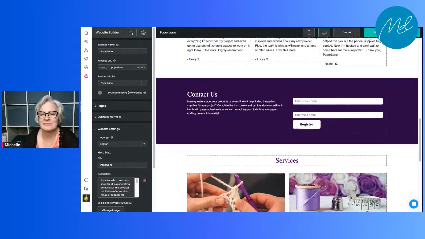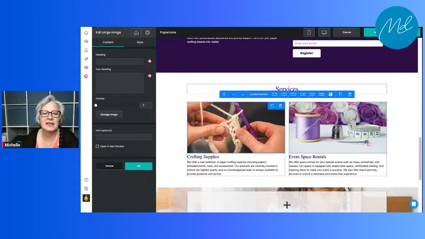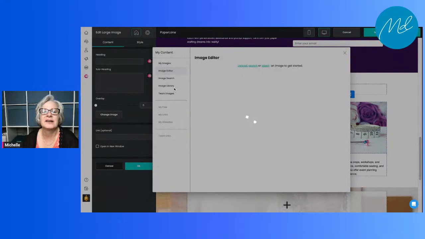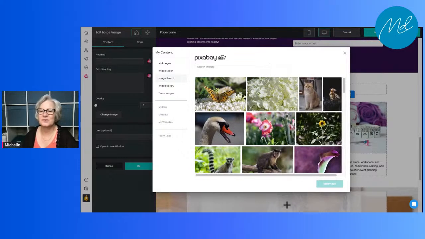So there's that. Services. Now, we're not doing any of this, so I might change these pictures out. And if I want to, let's see if we can find one. Image library. We're going to go to image search. Like I said, it's always a little sketchy when it comes to scrapbooking stuff.